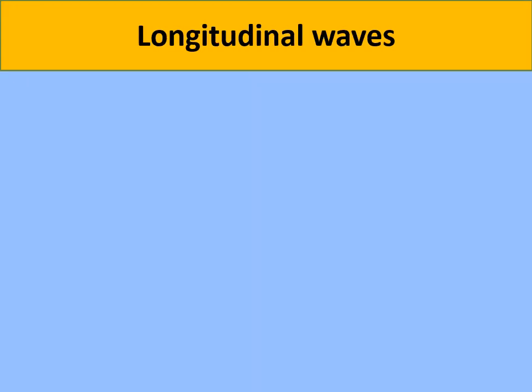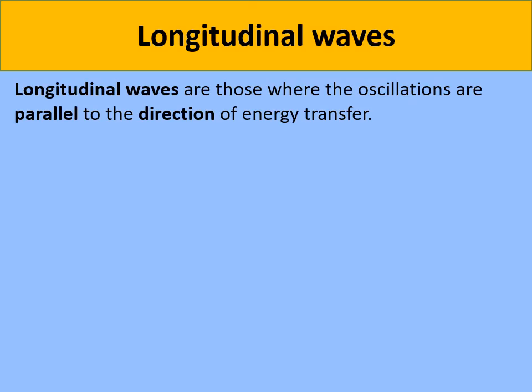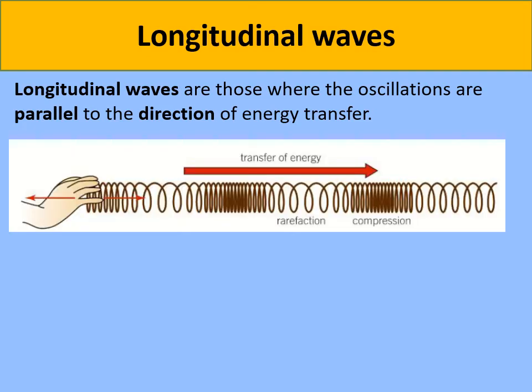The other type of wave is called a longitudinal wave, and longitudinal waves are those where the oscillations are parallel to the direction of energy transfer. So if we had a slinky spring over here, we can see that the vibrations, or oscillations, are parallel to the transfer of energy, and where the slinky coils become very, very far apart, we call